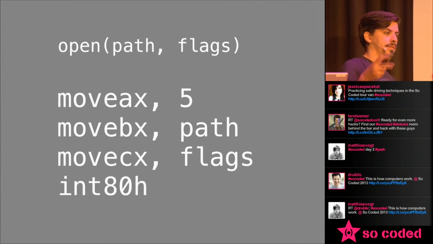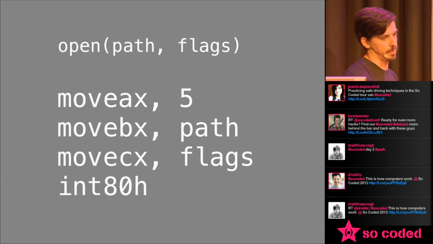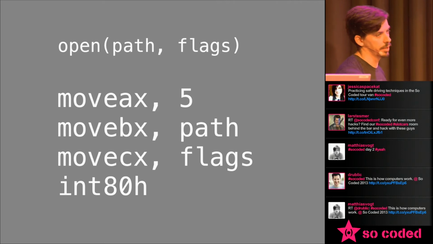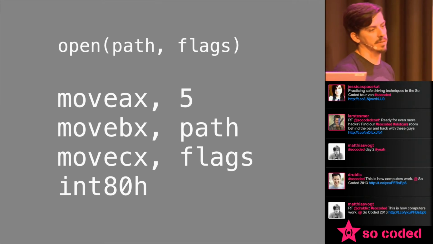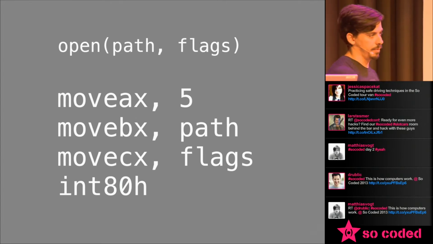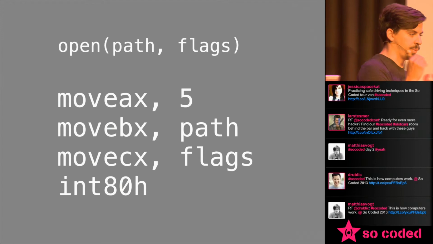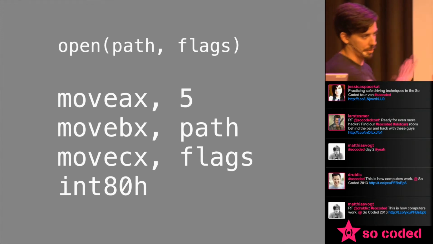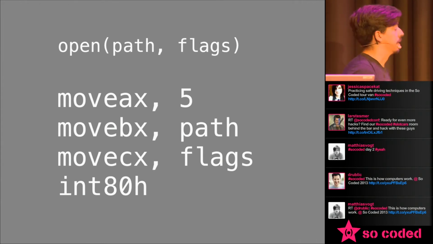And that fires the interrupt handler in the kernel. The kernel looks up what the 80 hex interrupt handler is, which happens to be the syscall handler. The syscall handler looks in the EAX register, sees what number that is, looks it up in the syscall table, and then executes the code. But you can see how you're actually performing an interrupt, so your code is not running anymore at all. It's all on the kernel. You don't get to do anything here. And then eventually it'll return back to you, and you get back the results.